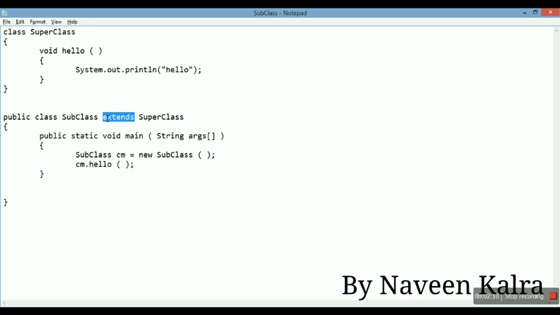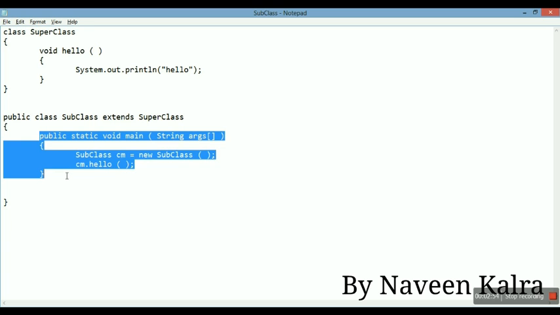And we told you in the starting video that multiple inheritance is removed from Java. So you cannot extend more than one class in one class. It means that one class can only inherit the properties of one class. Inheritance means that we can access the data members and member functions of that class which are not private, whether they are protected, public or default. They should not be private. So one class can inherit only one class. I have used the extends keyword to access superclass in subclass.